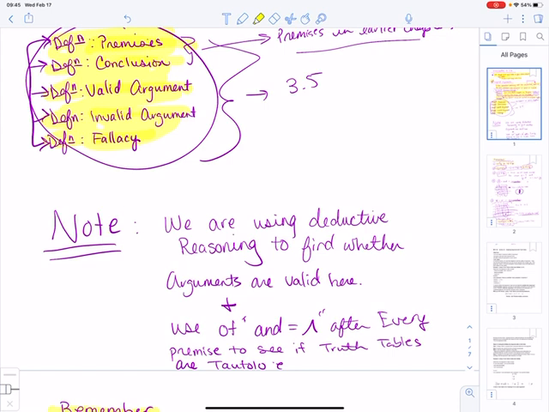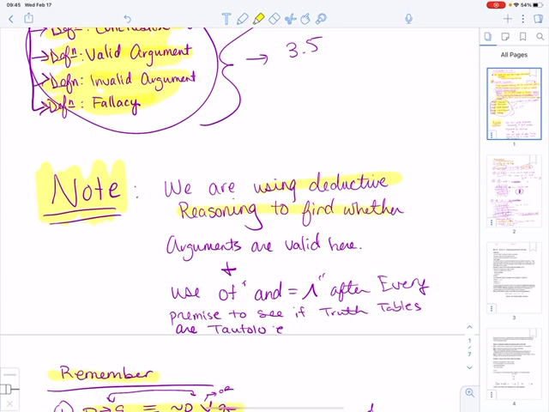Note, the big idea here that you really need to take home is we are using deductive reasoning. That means going from a general case, using specific cases or premises. So one big premise starts us off, then another little one, and then we're going to get to a more specific conclusion. All right, so we're going from the big to the small here. Not case by case, but from the it follows, each step has to follow the next to get to your conclusion. Just like within math, an example of deductive reasoning with math, maybe you want to solve this